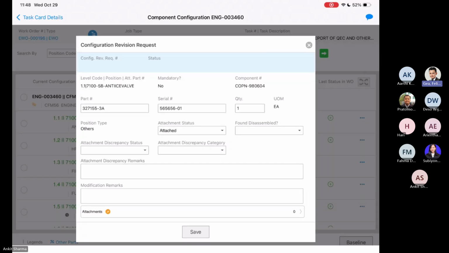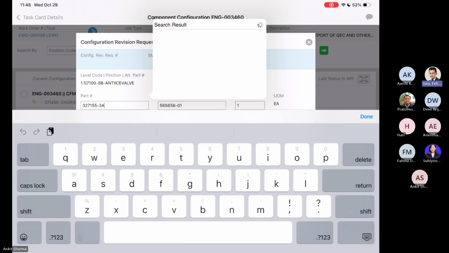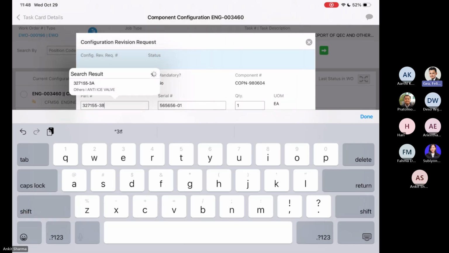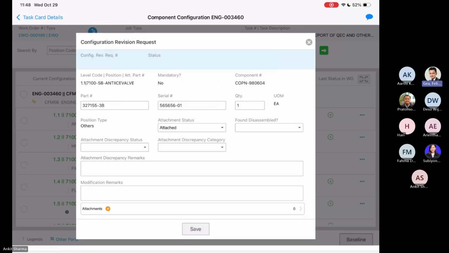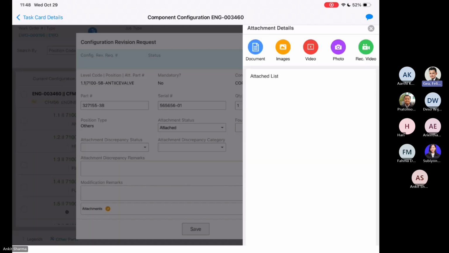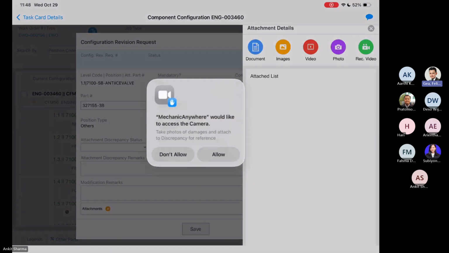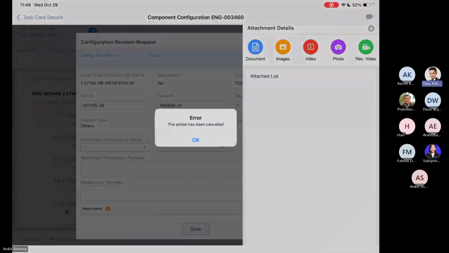That is something the mechanic can do, where he opens up this request stating that in this particular position, what I'm seeing is, let's say it's an incorrect part, not 3A but a 3B, or the serial number is incorrect, or in case there was no part and serial number identified in the visit, this would be blank here. So you can enter the physical part and serial that is identified on the physical engine right now. You can also take a picture of what you see. If you notice, you can take an image from here. I've just gone into the attachments, go into the picture, you can take an image and attach it back against this